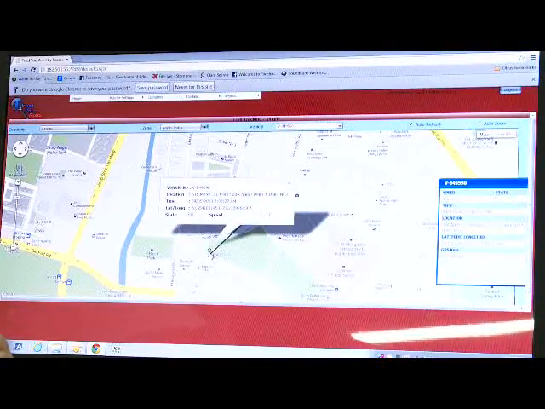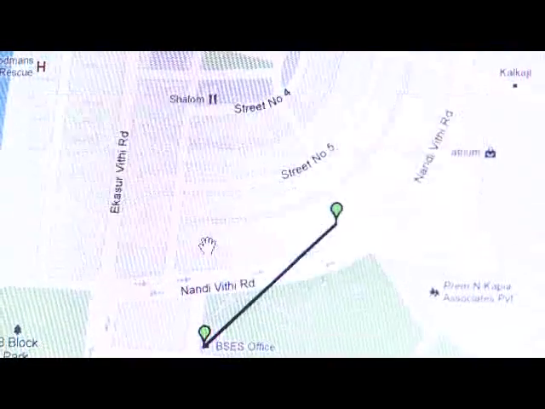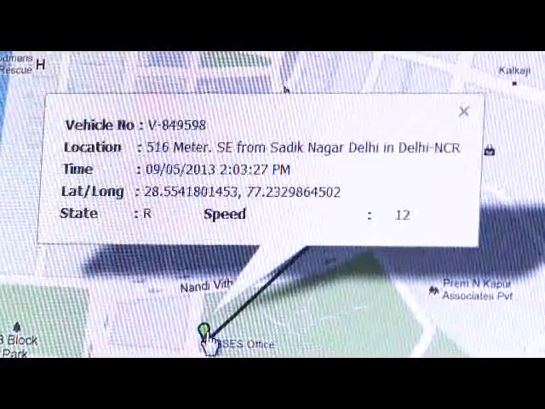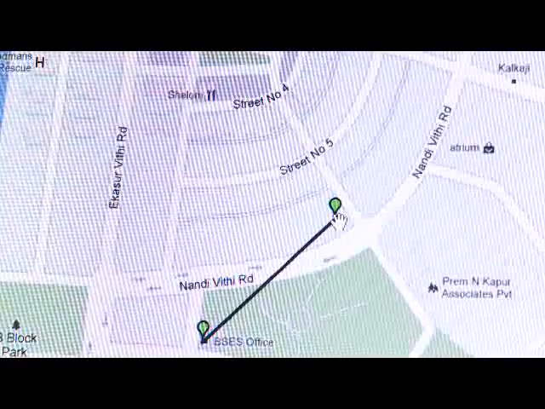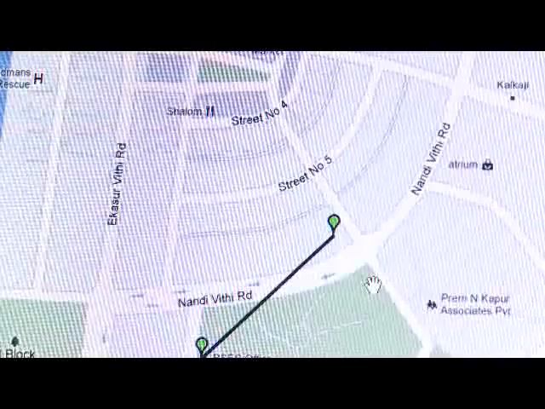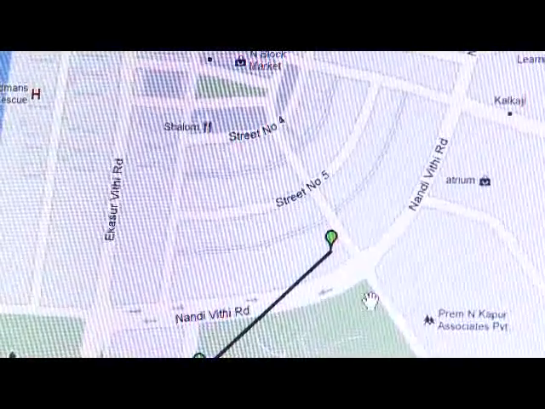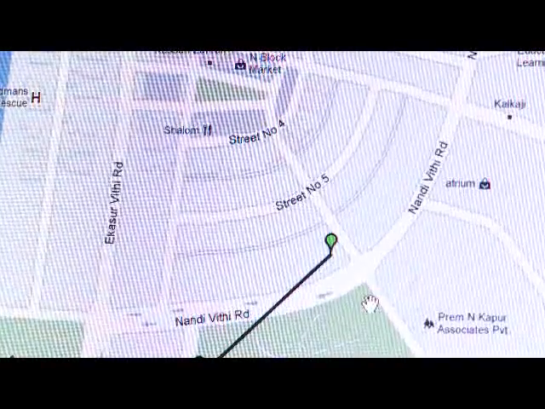And if I take my cursor to the icon, you can see the details of the vehicle: the time, the lat long, and the speed that it's traveling at. Similarly, if I take it to this position, I get the details on this. So here you're seeing the live movement of the vehicle on the map.